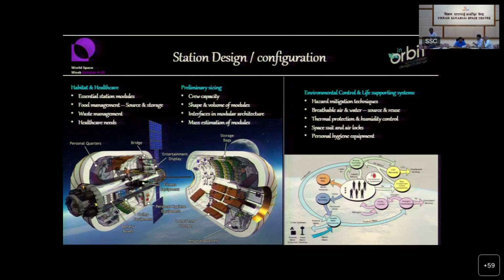Now coming to the environment inside, when you are inside the space module, you will not be donning any space suit. So the environment should be controlled. For example, the humidity should be within a limit. Mostly it is kept within 60 RH. The outside temperature may range from plus 100 degrees to minus 100 degrees, but the inside temperature has to be maintained within 20-21 degrees, which is a comfort zone for human beings. Then the oxygen, nitrogen and carbon dioxide levels have to be maintained within the module, and those should be in the comfortable range.